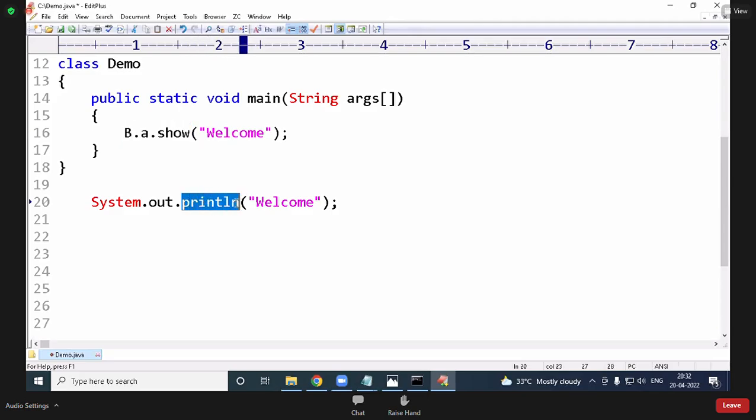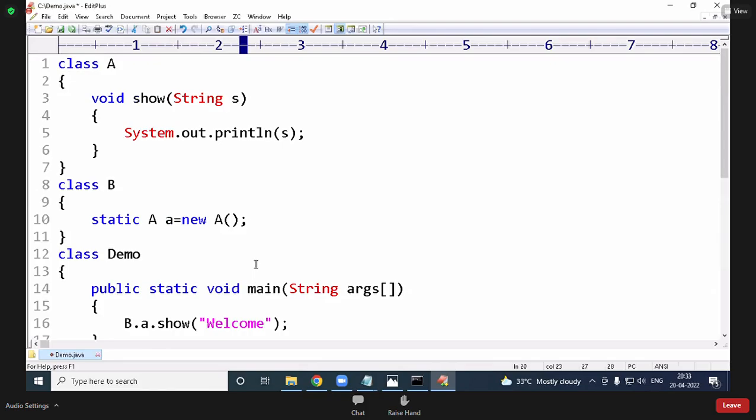Now, the println method belongs to which class? PrintStream class. Is it an instance method or a class method? For calling that method, which class reference is required? PrintStream. Out is a reference of which class? PrintStream. But it is a member of which class? Is that an instance variable or a class variable? That is the reason System.out.println. Clear, no? So like System.out.println, I wrote one program.